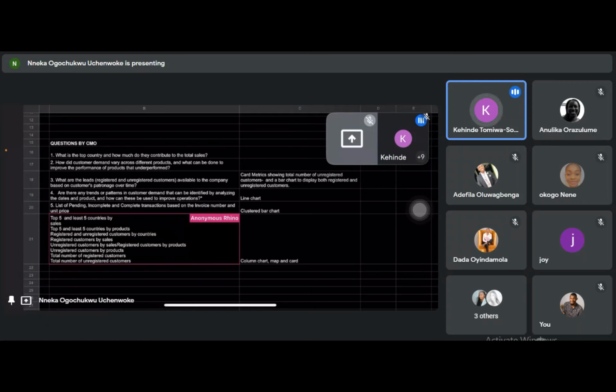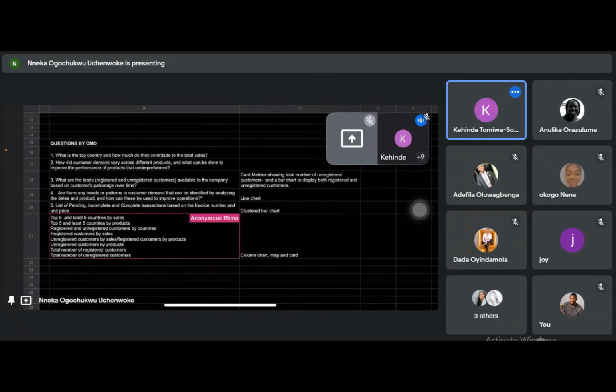Then number three, what are the leads, registered and unregistered customers, available to the company based on customers' patronage over time? Okay, so one of the things we discussed in the last meeting with Daniel was that the customers that don't have unit price associated with their products are likely customers that don't have customer IDs, are customers that probably the company don't have their details. So based on this, we said that these are leads